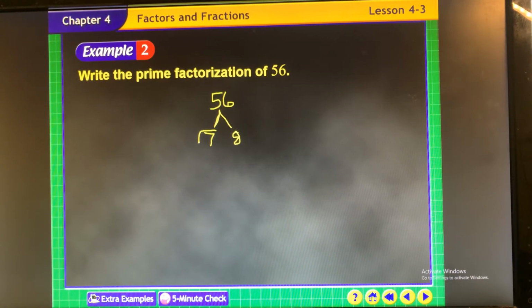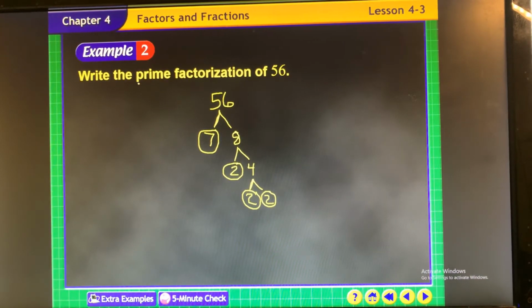7 is prime, so I circle it so I don't build off that branch anymore. 8, I know 8 is 2 cubed because I know my exponents. So I could stop there and have my answer. If I don't know, then I need to keep going. It's 2 times 4. Circle your prime and keep going with 4, which is 2 times 2. As soon as you circle all the ends of your branches, you hit all prime numbers, you have prime factored